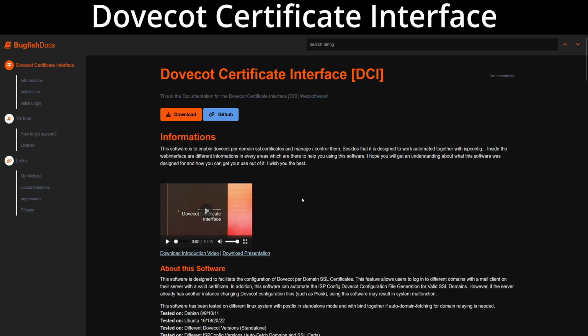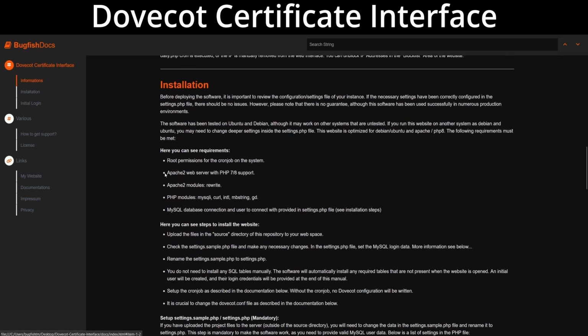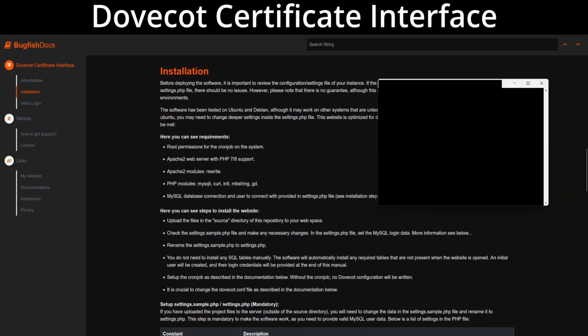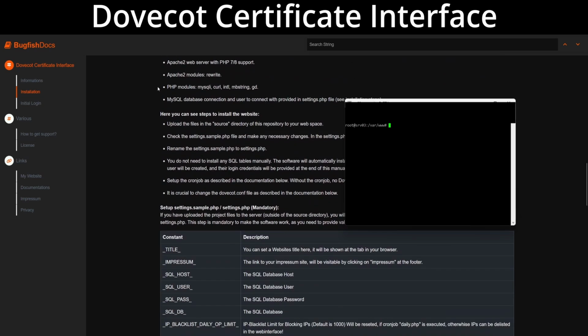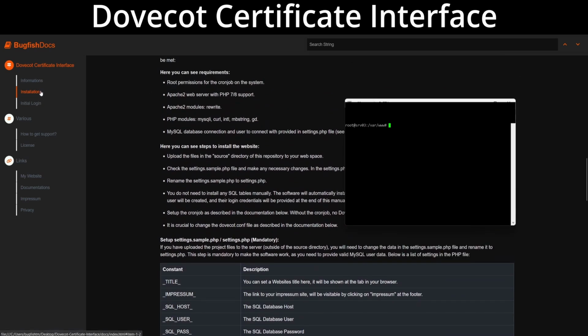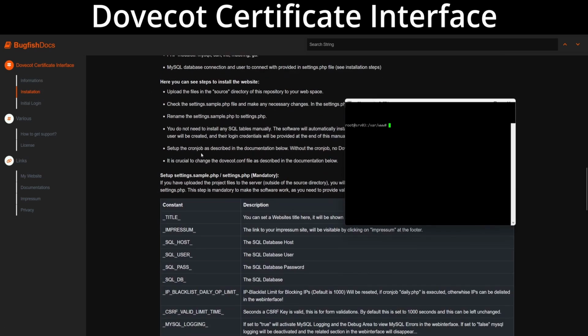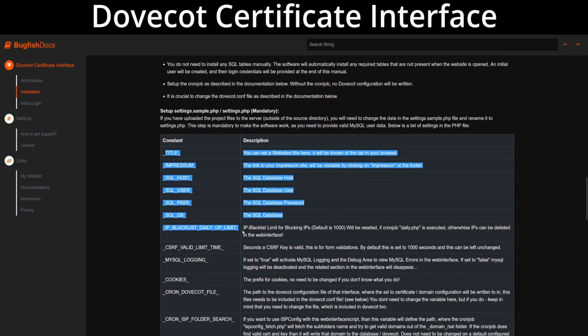What I have right here is a system. Here is my server, where I have installed the software. I have downloaded the repository and put the data out of the source directory in the repository to my /var/www/html folder. Here you can see in the documentation, in the installation area, more information about the installation and different settings you can do in the